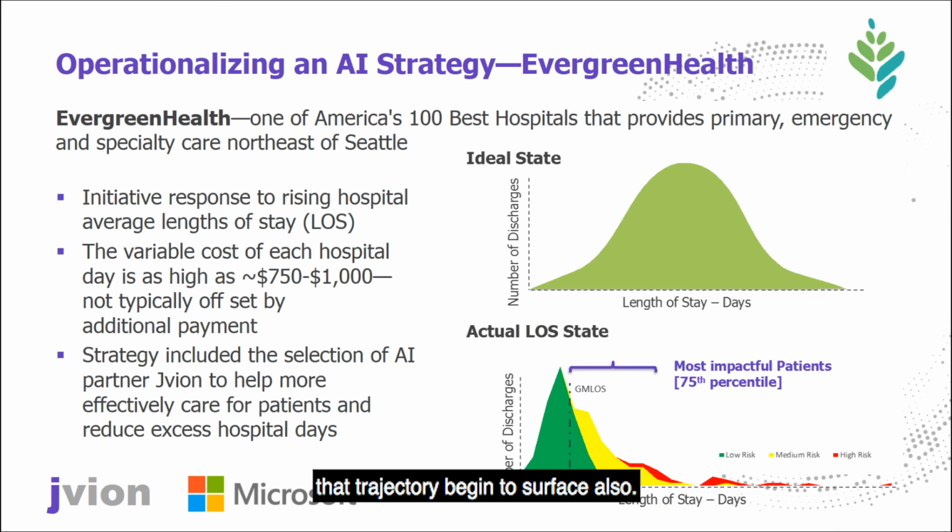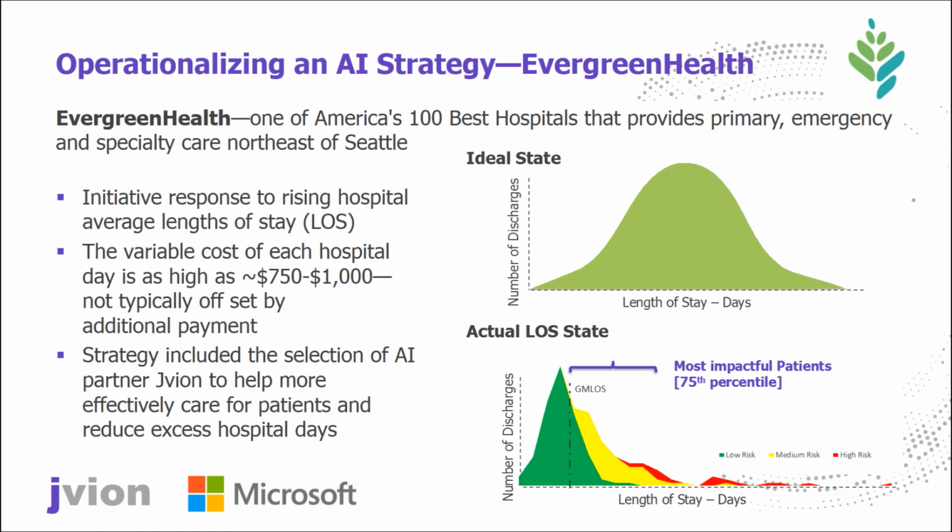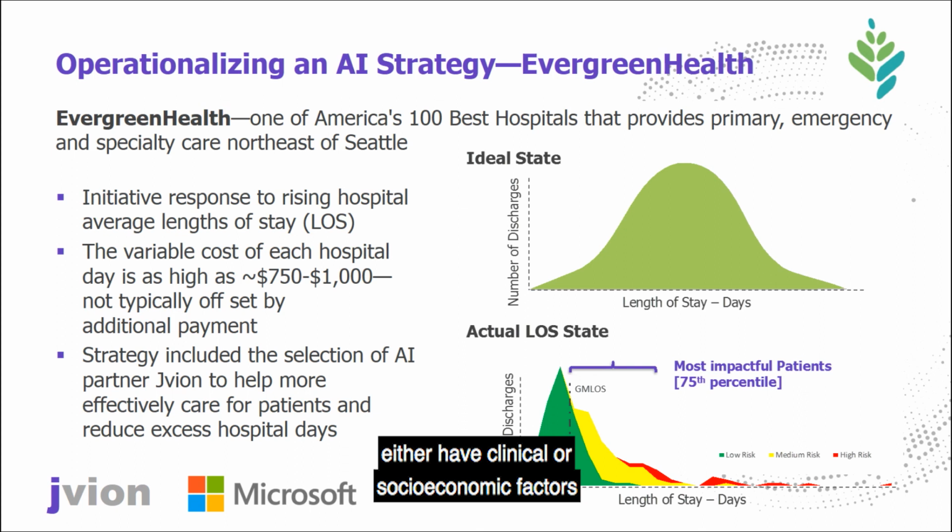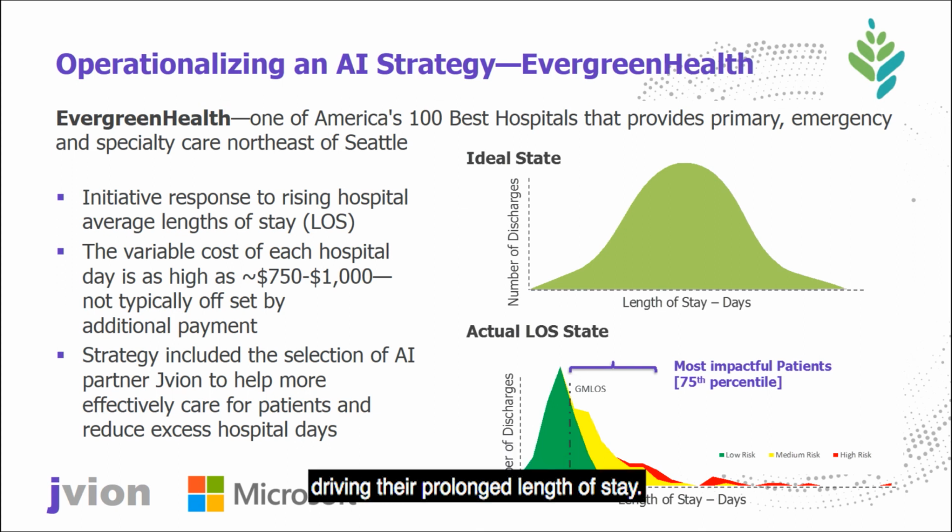And then secondly, the reasons why and the opportunities to change the trajectory begin to surface also. And that's the value where they experienced implementation of artificial intelligence and the way that it changed how they think about length of stay. 70% of the patients that are admitted hit the mean length of stay. So the goal is to hit the outliers, and who are those patients that either have clinical or socioeconomic factors driving their